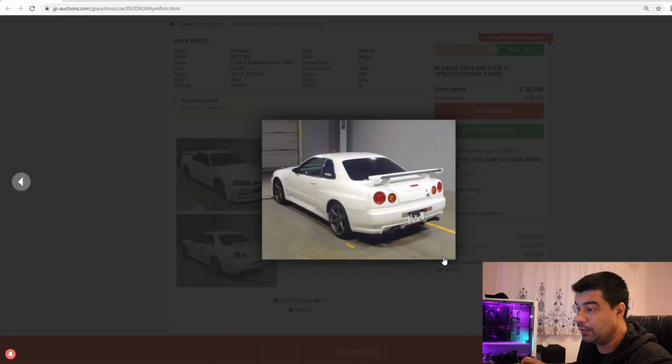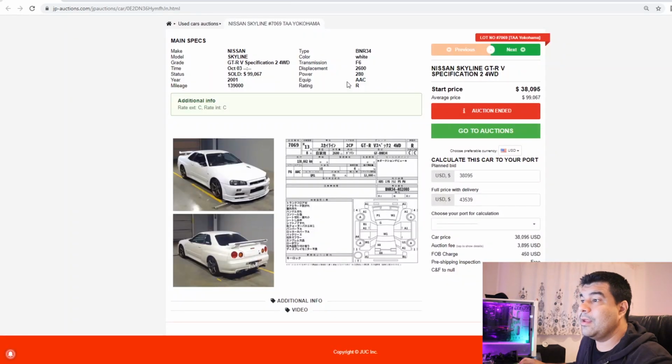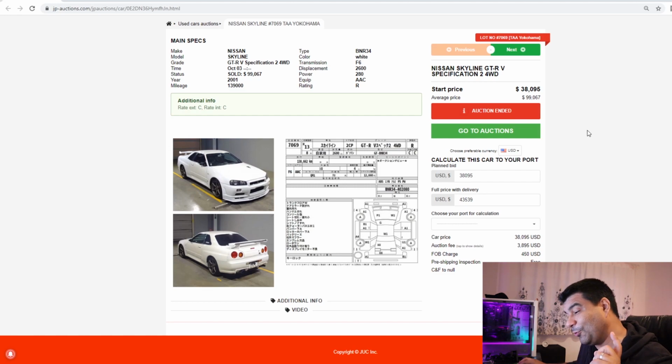It's got an exhaust on it. And it's sold for almost 100,000 US dollars. That is 1.6 million rand, plus minus. And that is before 25% duties. That is before 15% VAT. That is before shipping, export charges, shaken fee on their side, the radiation check, when it gets here, weighbridge, CR,